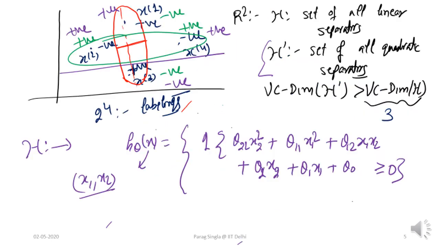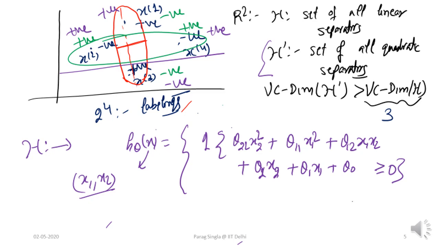So now let us look at another hypothesis class in the 2D space, which is in some sense more powerful. We'll see that the VC dimension of this hypothesis class is strictly more than the VC dimension of linear classifiers in the 2D space. So here, look at the right. In R2, let's say H is the set of all linear classifiers, and H prime is a new hypothesis class, which is the set of all quadratic separators. We'll try to argue that the VC dimension of H prime, the set of all quadratic separators, is more than the VC dimension of H, the set of all linear separators.